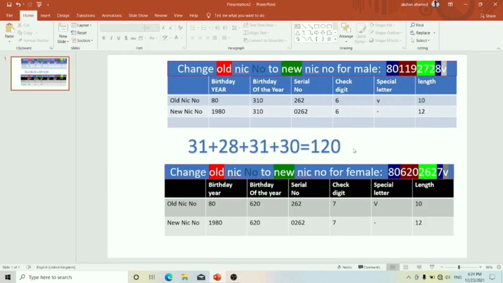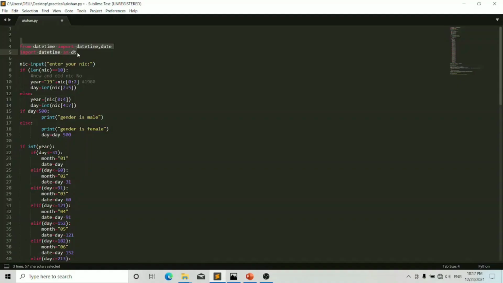So I would like to run the programming language. Why do I import this code? Because we should import the date function, because we need the next year and next date. So what is the date on our device? That will be added here. So we should import the date function.